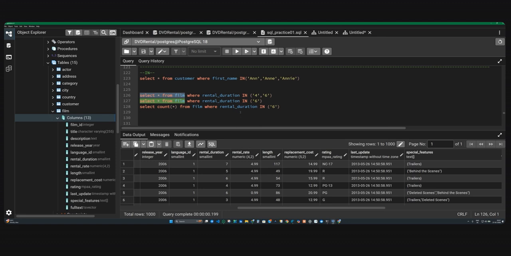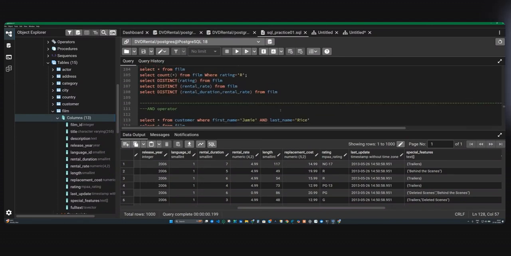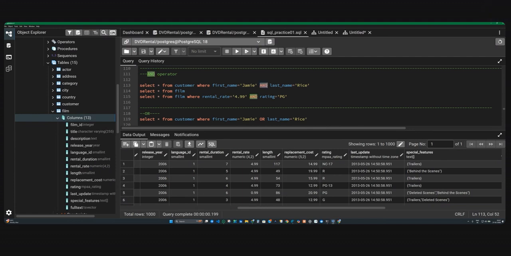Then you will use the IN keyword. But we could have also directly said rental duration is equal to. Yes, you can use AND also, and you can write multiple conditions, but what happens is if you add another AND here, another AND, when it picks up the query,